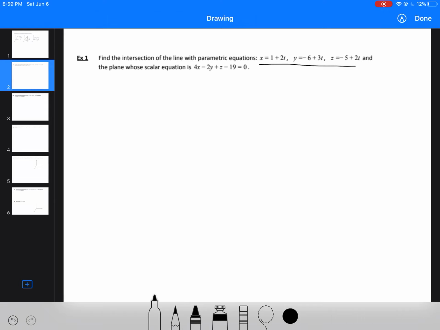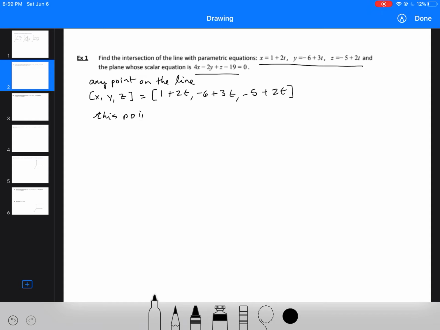equations x, y, z here, and the plane whose scalar equation is 4x minus 2y plus z minus 19 equals 0. So first we want to describe any point on the line. So we can do that by knowing that any point is going to have an x, y, and z coordinate, and our x, y, z coordinates are given by our parametric equations. Plus 2t. So this point will lie on the plane